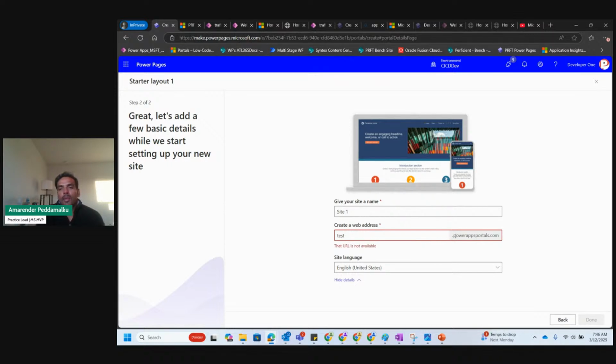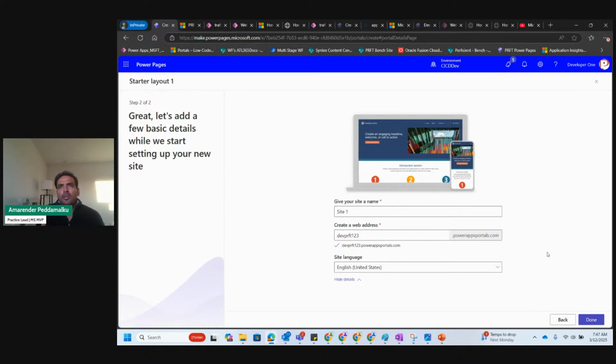As you can see, the domain name still says Power Apps Portals right here. It's eventually going to change, but for now it says Power Apps Portals still, because that's what Power Pages was before. And you can obviously change it to a custom domain using your custom SSL certs and whatnot once you build it. But to begin with, you give a base address that is available. So let's say dev proficient 123. Hopefully this is available, and it gives you a tick, and you can choose that base address and then go ahead and hit done. That's what creates the website for you.